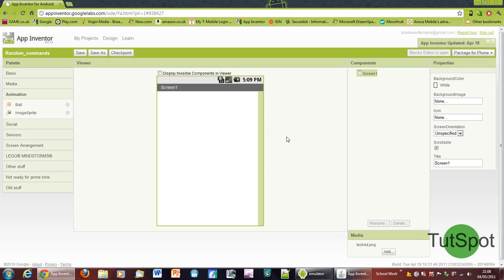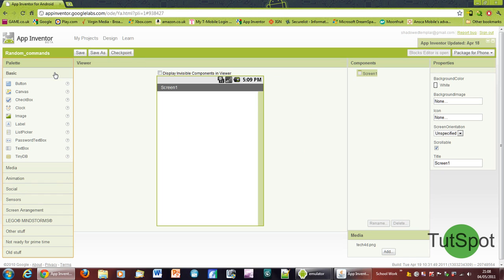Three things, and it's going to be a fairly quick tutorial. Those three things are using lists, picking random items from the list, and using the clock. Basically, what I'm going to show you is how to create a system where every 1 second a picture moves to a set of random X and Y coordinates. This is going to use the random function by picking X and Y coordinates from a list at